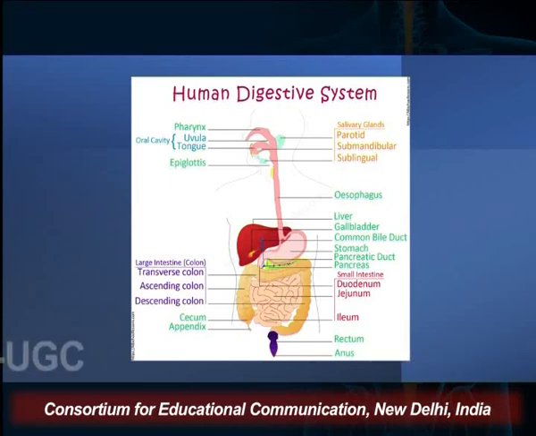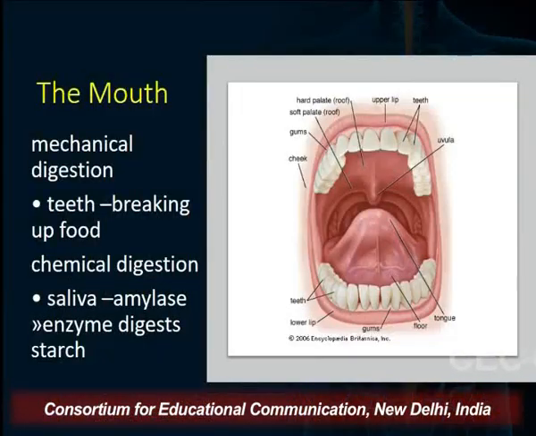Now, we will learn about each of the organs in detail. So, let us start with the mouth. It has mechanical digestion and it has chemical digestion as well. Mechanical digestion occurs with the teeth by breaking up the food, and for chemical digestion, it secretes saliva, whose amylase enzyme digests starch. The mouth is the beginning of the digestive system, and in fact, digestion starts here